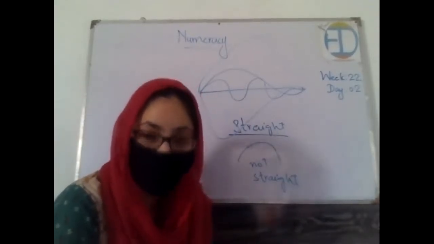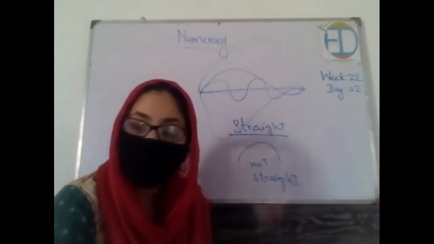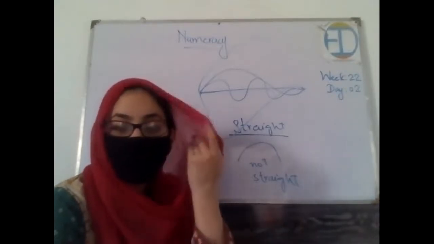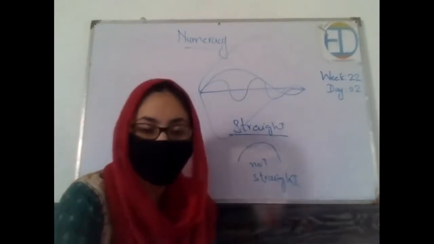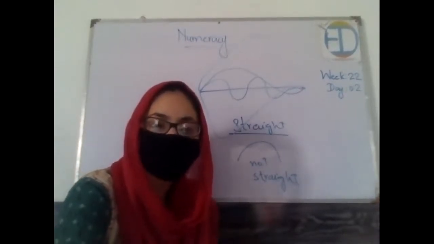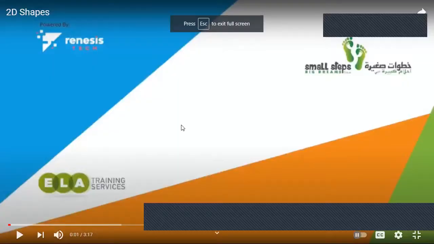Now, before moving toward how we can draw straight lines, let's quickly revise what we have studied so far about the shapes. How many sides do they have? How can we identify them? What are the differences between all of them? So for that, I'm going to share the screen with you. There is this interesting video related to the shapes. So let's watch it together and then we will learn how we can draw the lines. So is my screen visible? Okay, great.